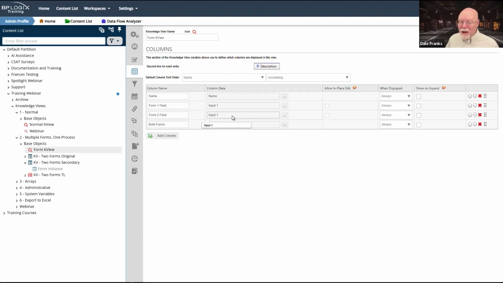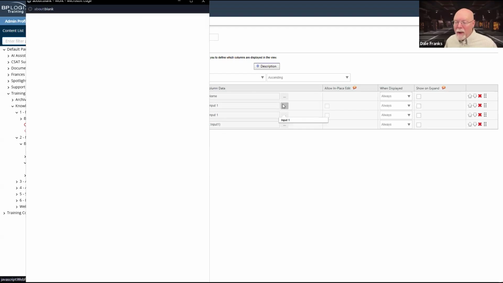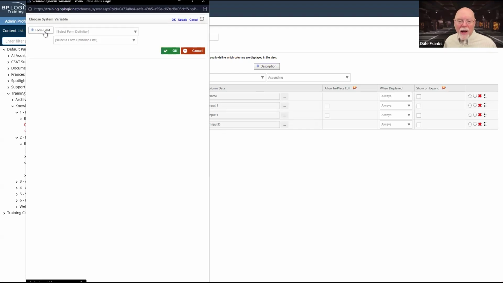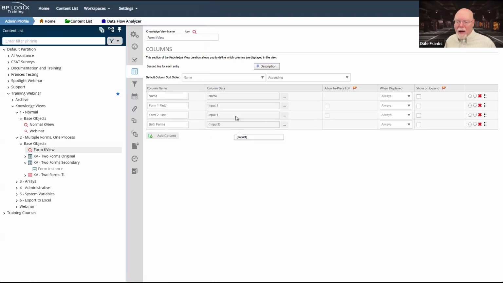They both have the same name, but if I try to do it through the UI like this, they are not the same control. And so therefore, I can't concatenate them by going to the choose system variable dialog box and picking two different form fields. I'm just not allowed to do that. I can only pick one form field. And so I can pick one from each form, and they each go in a different column.